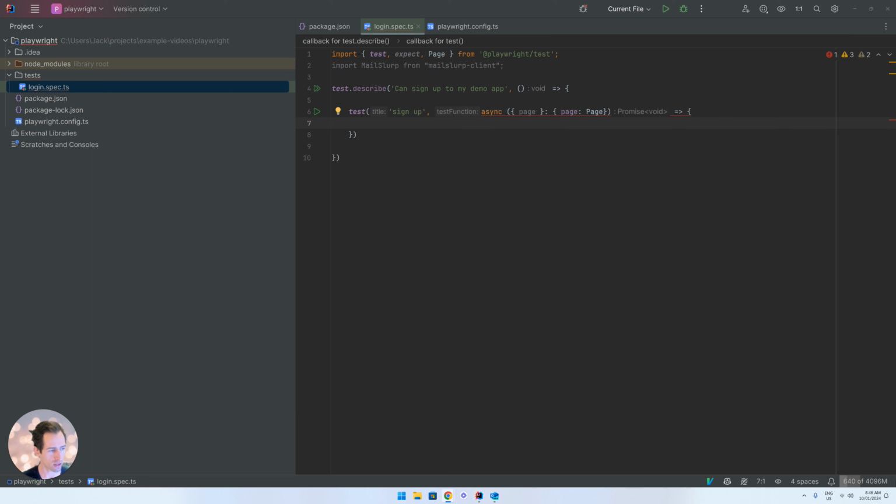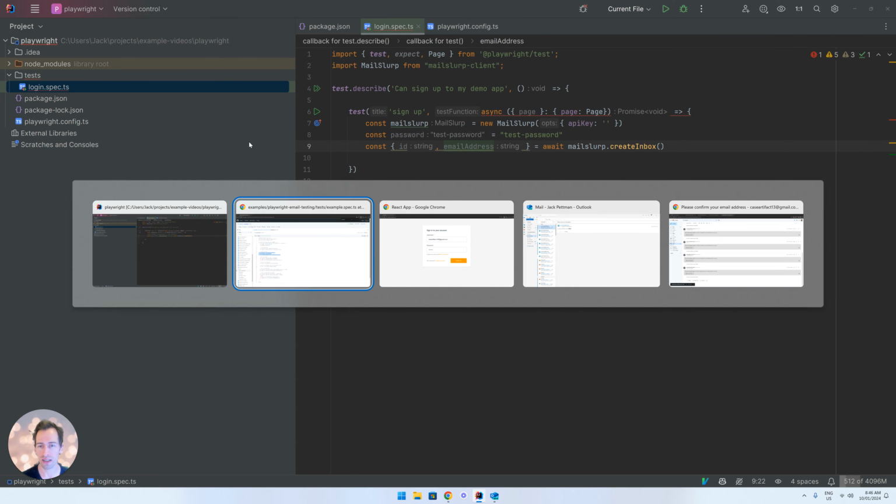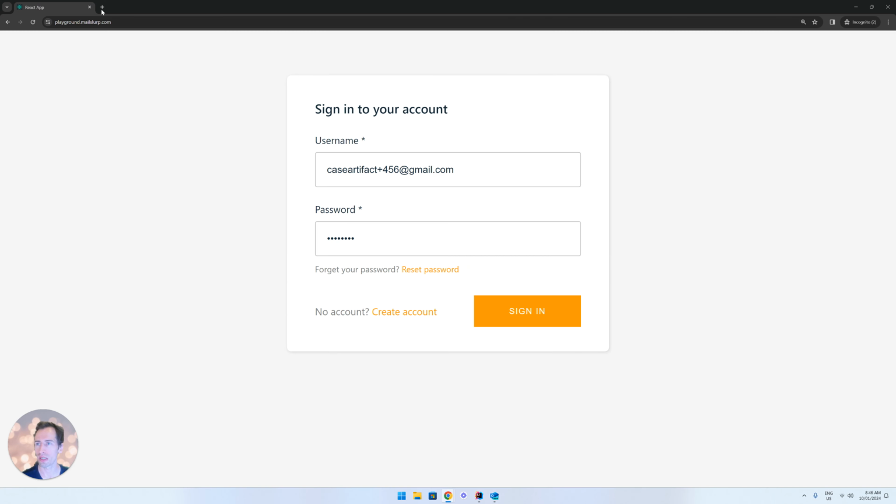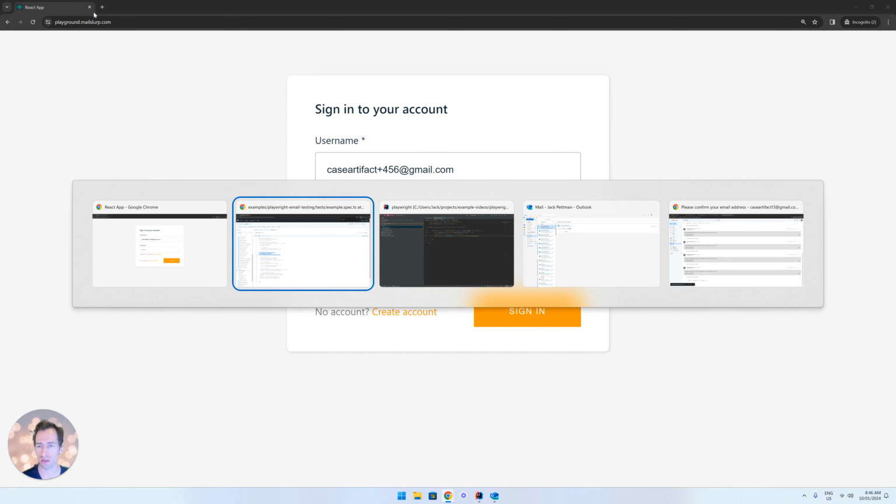So what do we want to achieve in our test? We want to create a new inbox for each test. So what we will do is we will use MailSlurp to do that. So in the test we can say our API key will be from our app, and we're going to create a new inbox for the test, and we're going to use the email address and the ID to fill out our sign up form. So to get our API key, let's go back to